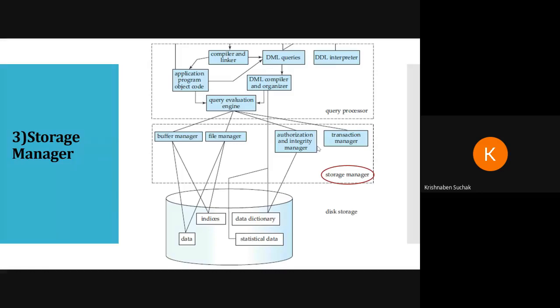So atomicity says that either the transaction should be completely done, or it should not be done at all. If money is deducted from my account, then it must go to your account. Or if it is not deducted from my account, then it will not go to your account. That is atomicity. Either everything is done, or everything is not done.